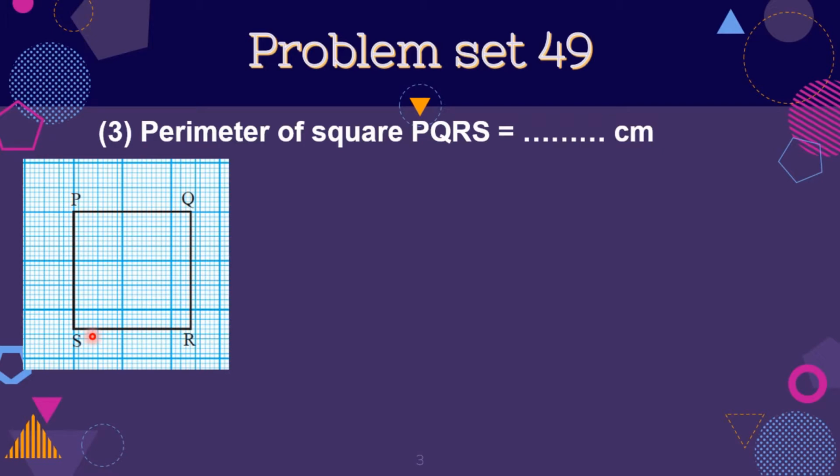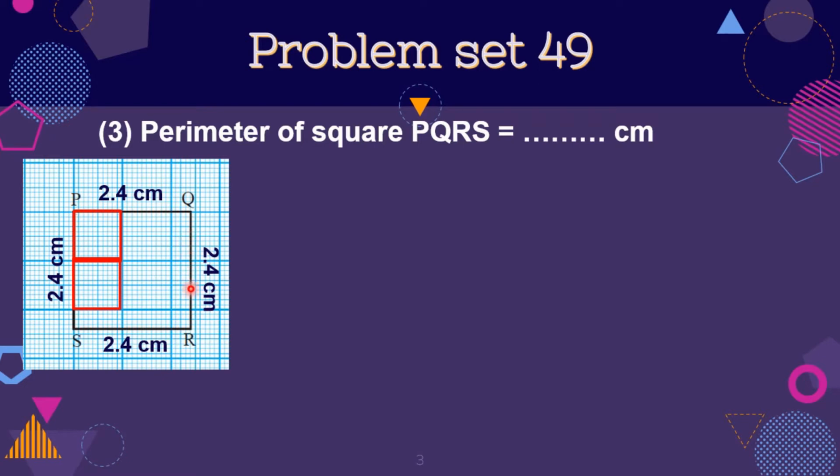As we know, one square on the graph sheet is of 1 centimeter, and hence along the length of one side of this square there are two squares that can be fitted and after that there are four lines. So we say the length of a side of this square is 2.4 centimeter. As all the sides of a square are the same, the length of each side of this square is 2.4